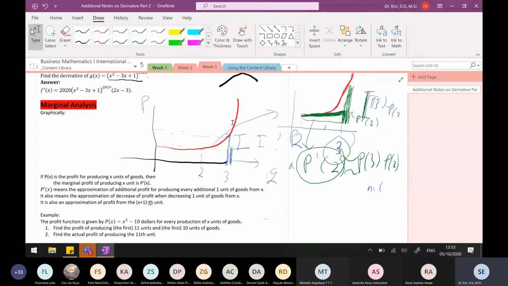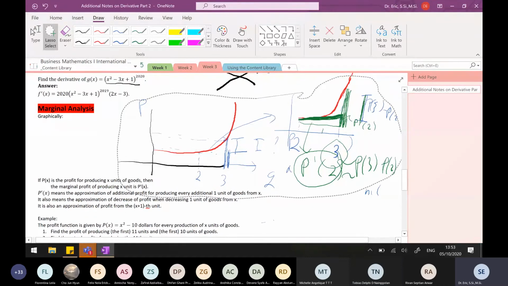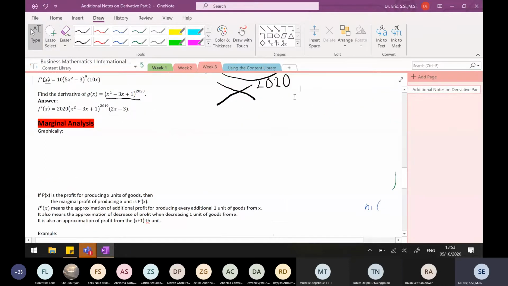For P3 minus P2, is that the difference only in the height? Yeah, P3 is the... Yeah, my drawing is bad. Not good. I should have used the other way.